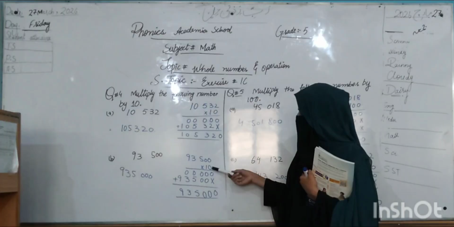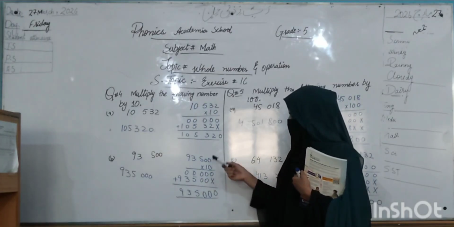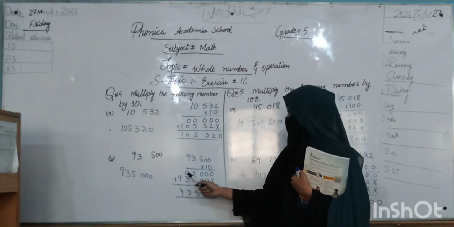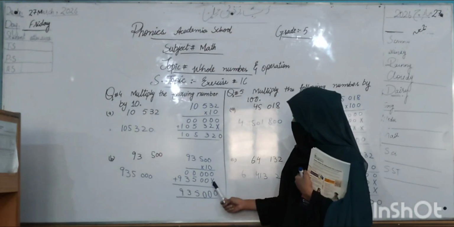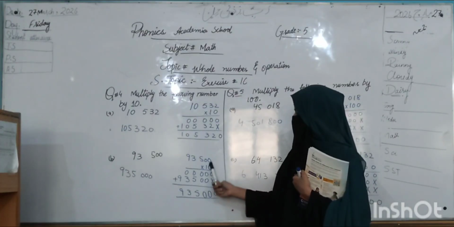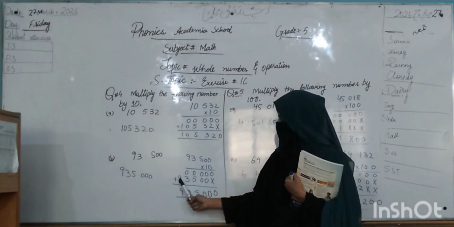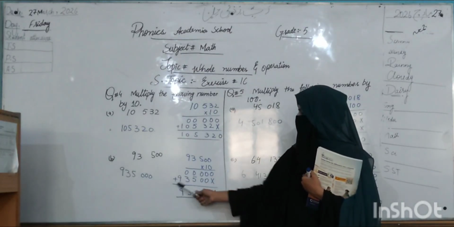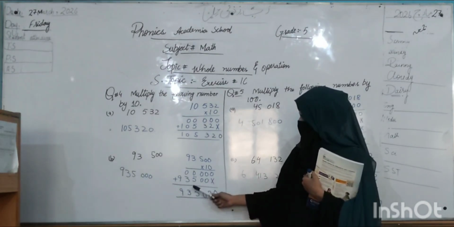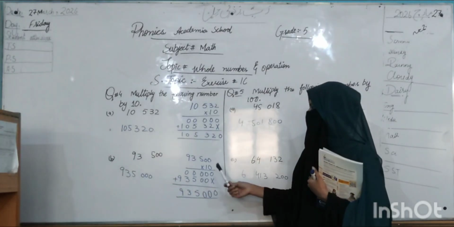Repeat this. When you multiply, all the numbers are 0. 0 times 0 is 0, 0 times 0 is 0, 0 times 5 is 0, 0 times 3 is 0, and 0 times 9 is 0. Then, according to the rule, put the multiplication sign below the first value. Then you start the next multiplication. 1 times 0 is 0, 1 times 0 is 0, 1 times 5 is 5, 1 times 3 is 3, and 1 times 9 is 9. Next you add both values: 0, 0, 0. 5 plus 0 is equal to 5, 3 plus 0 is equal to 3, and 9 as it is 9. So the value is